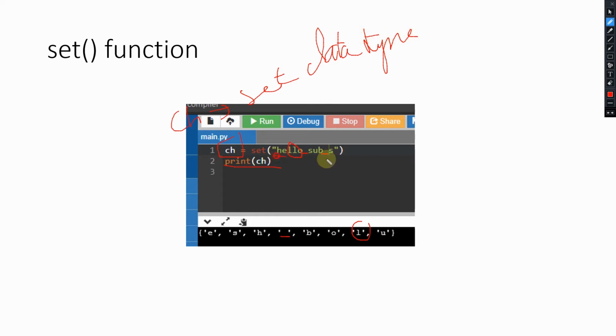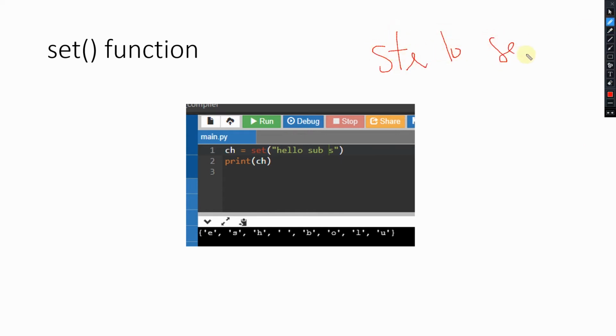What the statement is doing is this string data type is converted into set data type. All right. In this example, we saw string to set data type, right?